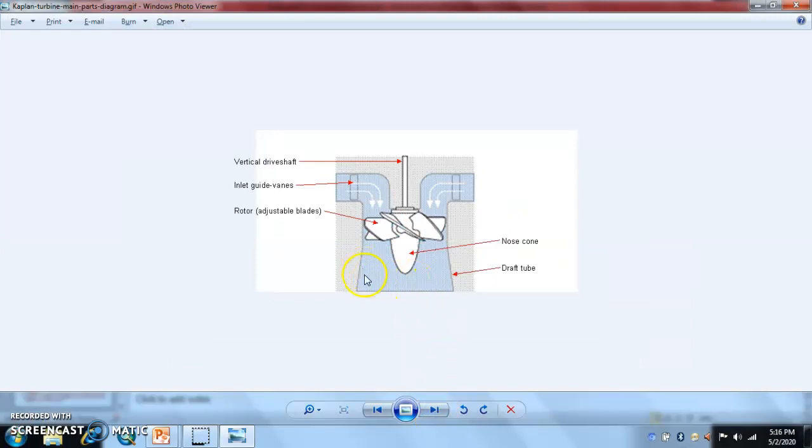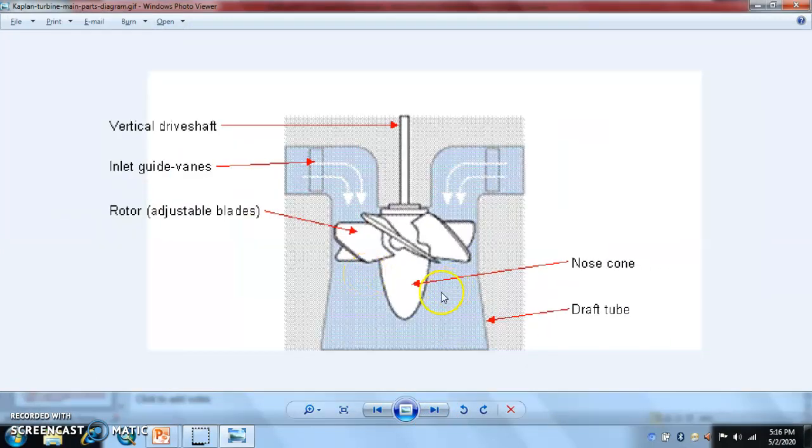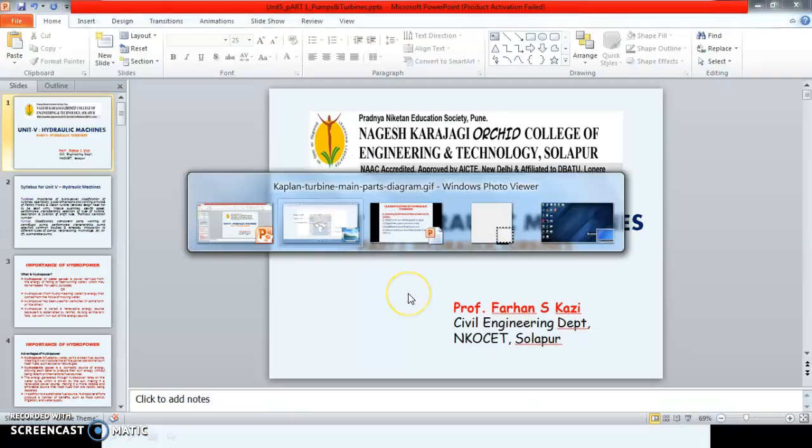Now this is a Kaplan turbine. This is axial flow, that means water comes from the side and it falls directly downwards. This is the Kaplan turbine, and this is the shaft attached to the turbine. So the flow of water takes place parallel to the shaft. This is the flow of water, this is the shaft, so these both are parallel. So the flow takes place from up to down in an axial direction. So this is Kaplan turbine, and it is an example of axial flow turbine.